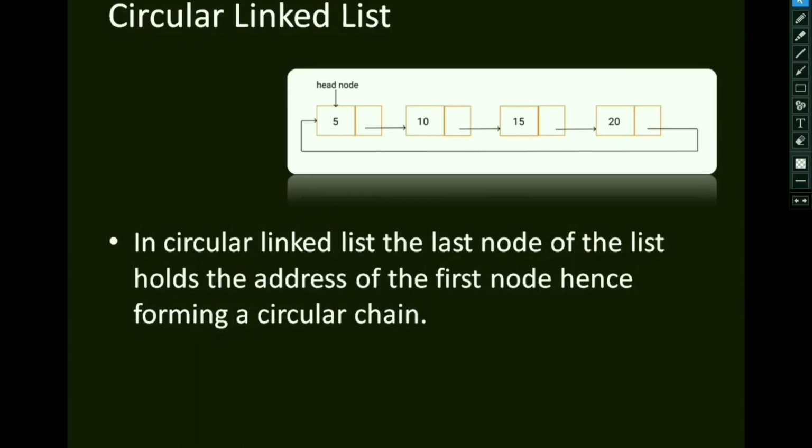Let's see what is a circular list. Okay, this is very much similar to your singly list, except in singly linked list, as we discussed, the link part of your last node had 0 or null. But here the last node points to your head node. So what happens? The address which is stored in your tail node is not null now. The address points to the head node. So this makes it a circular linked list.